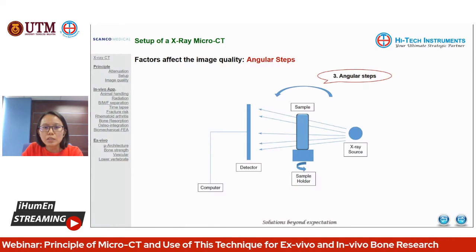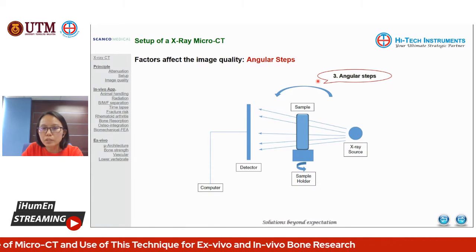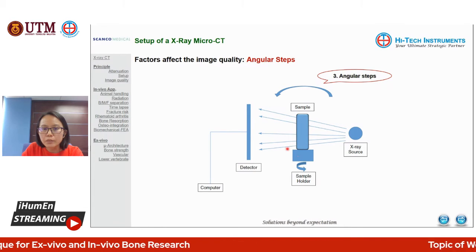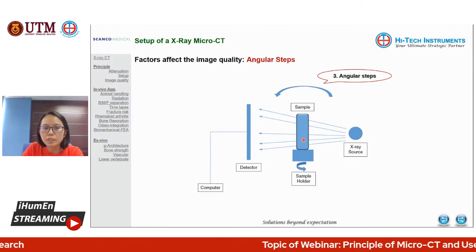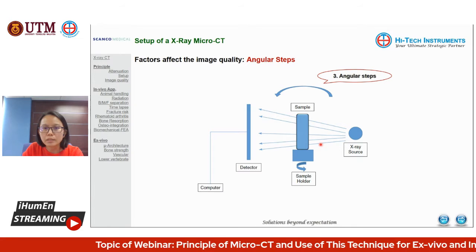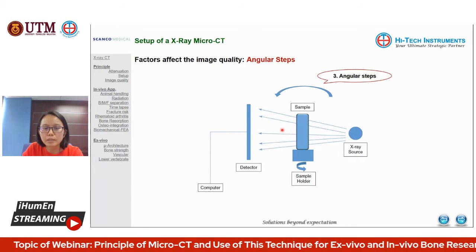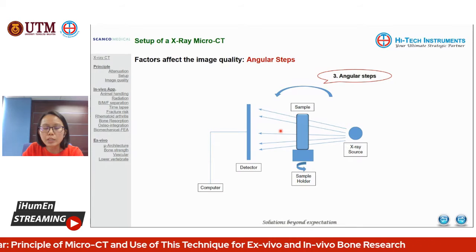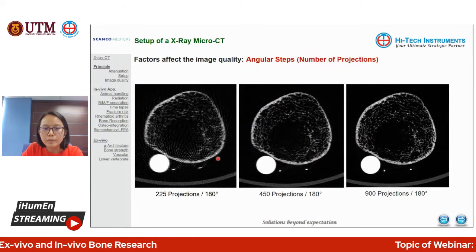Okay, so the next one I would like to share is the angular steps. If you notice, the sample, after you position it in the sample holder, will rotate. This is what we call angular steps. With each rotation step, it will capture one piece of data. You can see for this example here,